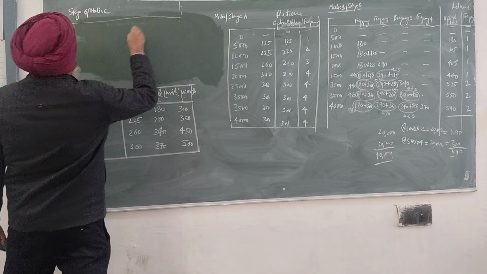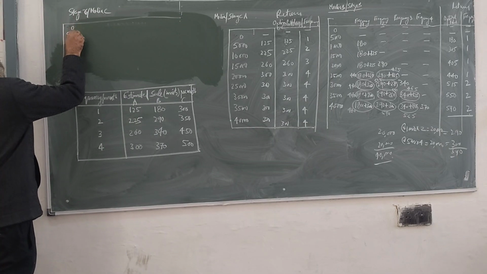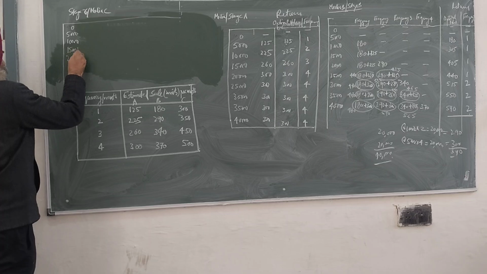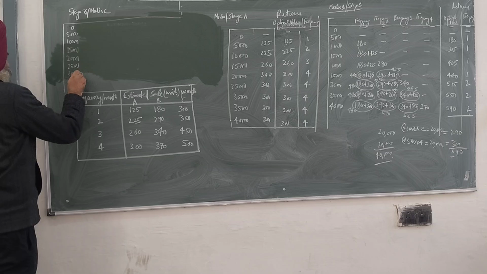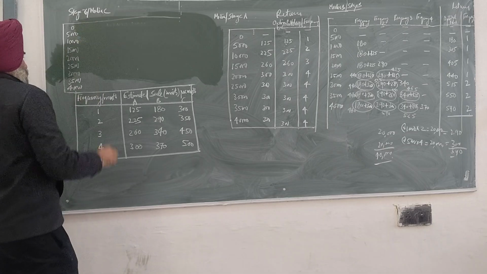We will use a little bit of space, starting with 0, 5,000, 10,000, 15,000, 20,000, 25,000, 30,000, 35,000 and 40,000. Here, if you look at it,